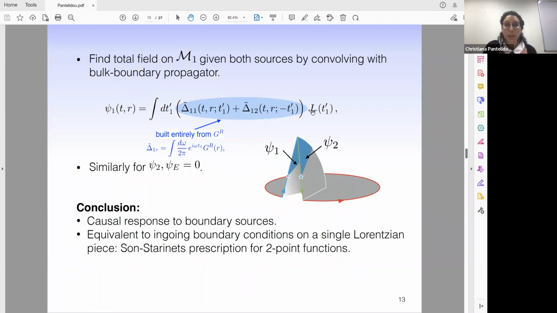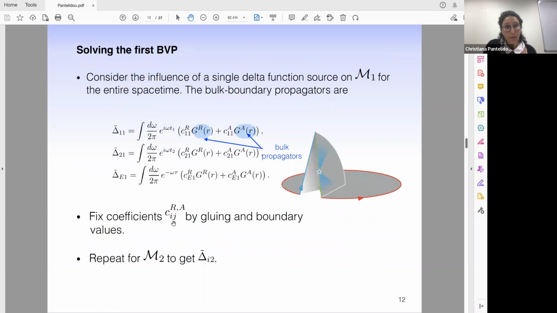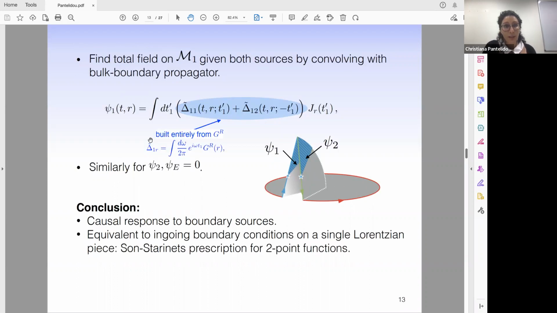But remember, J1 and J2 are equal and equal to J_R. So we can take J_R as a common factor out of the parentheses, and then we have delta 11 plus delta 12. So if we plug in the precise expressions that we have for these coefficients C^R and C^A, what we find is that this quantity here is only dependent on G_R, so on the retarded